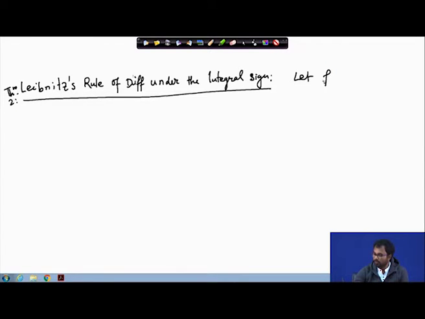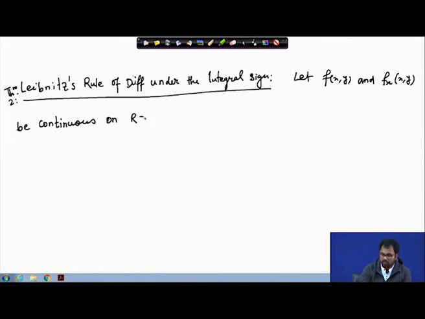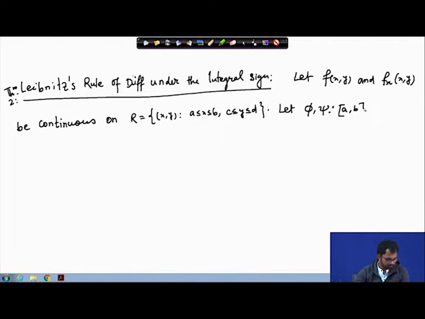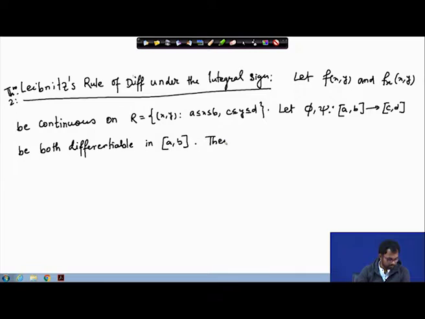So let f(x,y) and the partial derivative of f with respect to x be continuous on the rectangle R, which is defined as all those (x,y) such that a less than or equal to x less than or equal to b, and c less than or equal to y less than or equal to d, and let phi and psi be two functions mapping from [a,b] to [c,d], both differentiable in (a,b), then the integral,